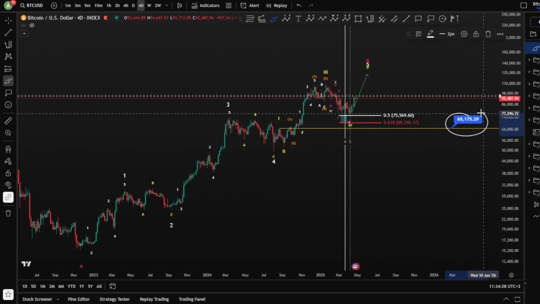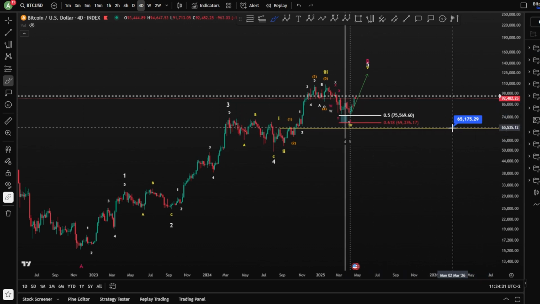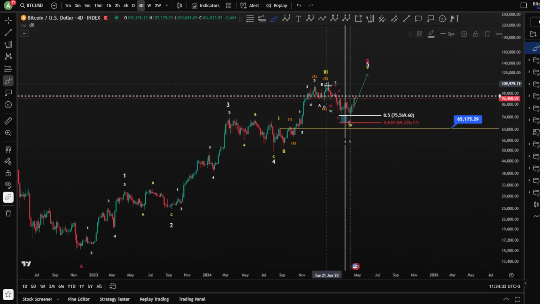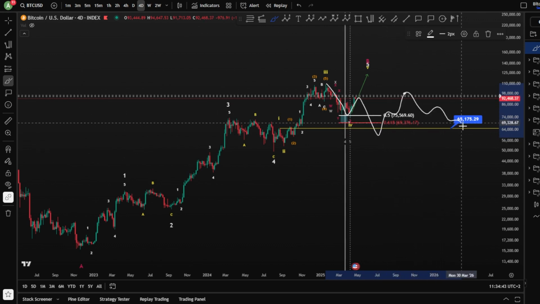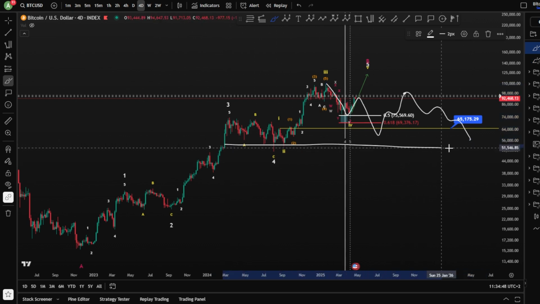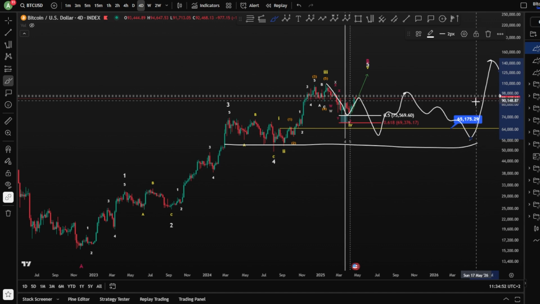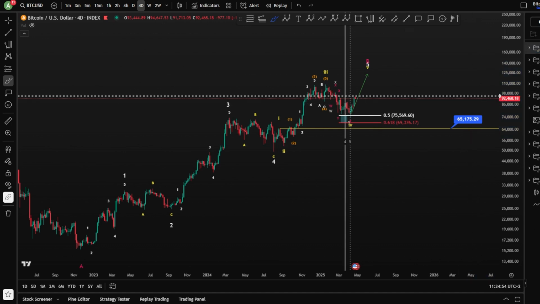The invalidation of this bullish scenario is taking the 65k, and that means, of course, we still have a potential of ABC taking this invalidation very easily for a bear market, continuation for a big wave B, and then again one more wave C toward the downside, hitting, of course, almost this area, which is a stronghold area, and then moving toward the upside. Why am I bearish?